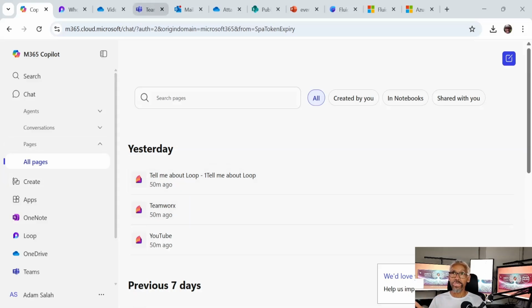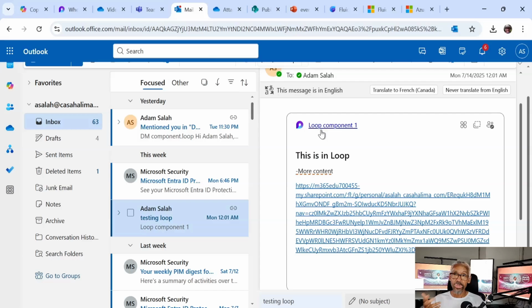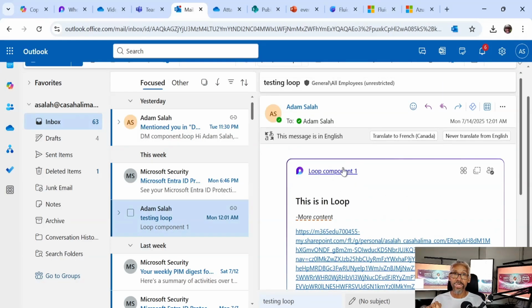We also looked at how you can insert loop components within MS Teams chats, and I demonstrated two different types of chats: a chat within a channel and a chat within a direct message. That is about where the actual files are stored. We can also create loop components within an Outlook email message. The same story. The component itself is going to be stored within your OneDrive, but everything is stored within SPE